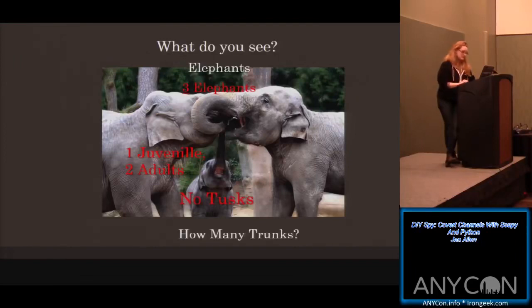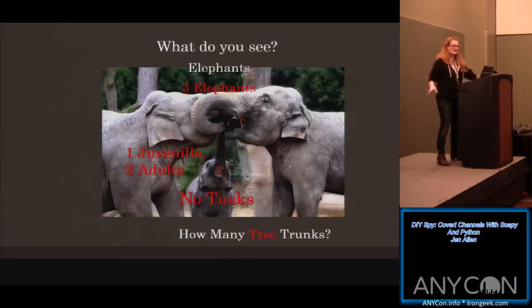How many trunks are there? Anyone? How many tree trunks? So the point here is, when you look at a piece of data, understand that every single bit, every single aspect, we could look at all of the color values on this picture. We could look at quantities of items. We can look at a lot of information and use that to encode more info than would be immediately identified by the brain, the signature matching mechanism that is looking for specific data to quantify.